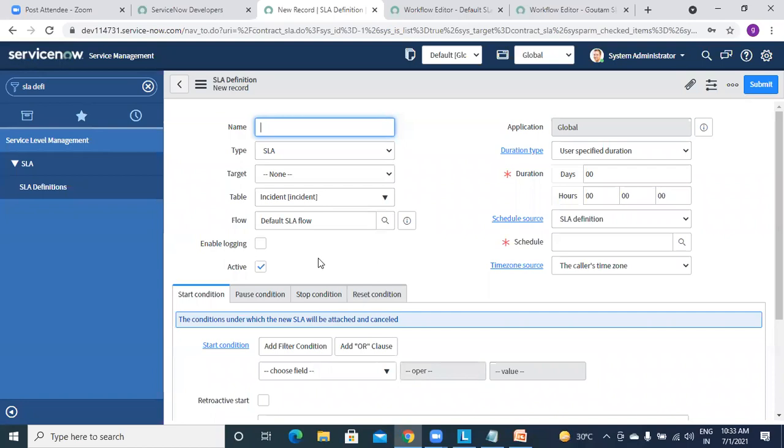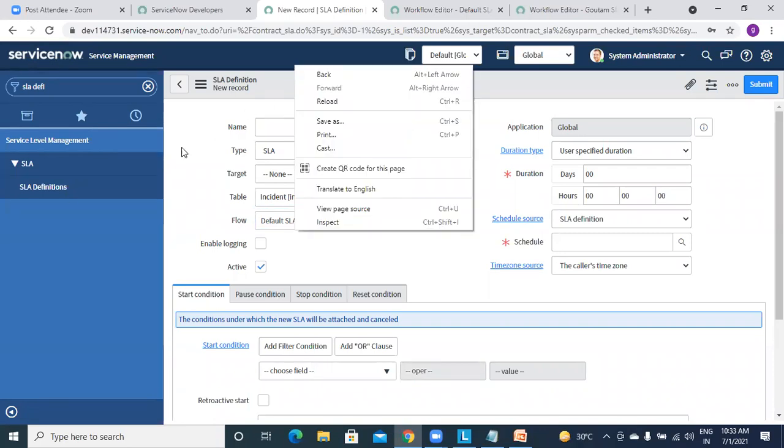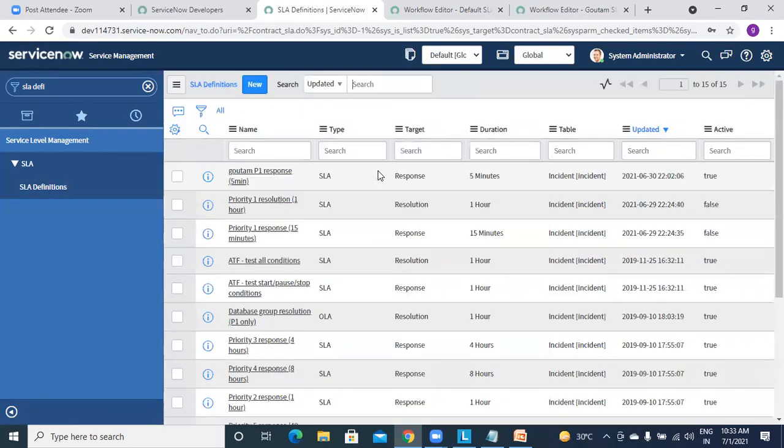I think based on some conditions, they have removed that workflow and they are only using Flow Designer's flow for now. Let me open any existing list.